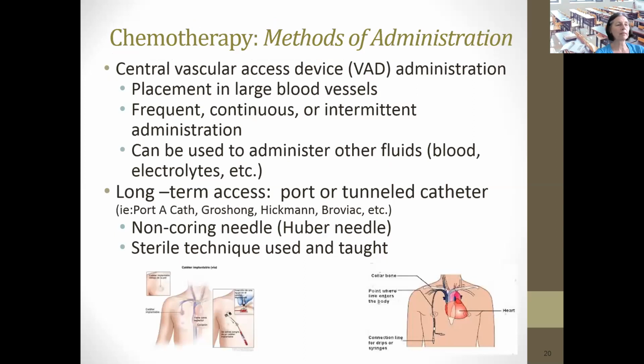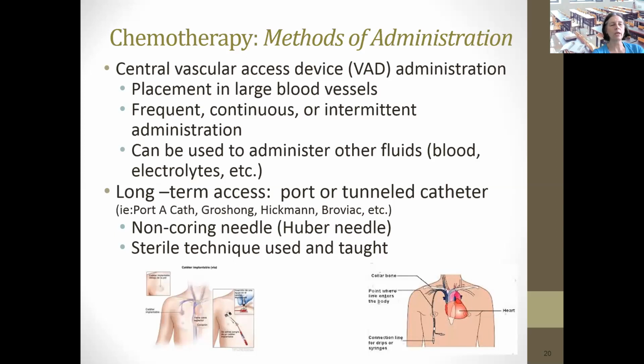Moving on with methods of administration, because of the vesicant problems with so many of the chemotherapies, remember, they kill cells, they'll kill tissues around the IV site just as easily. So we will often use a central venous access device, not just a central line like we see in the hospital, a triple lumen central line. But we also can place ports into the central circulation, or a catheter that goes into the vena cava,